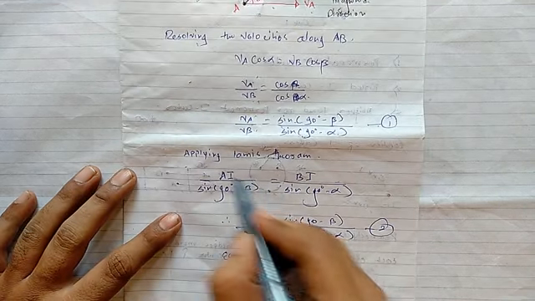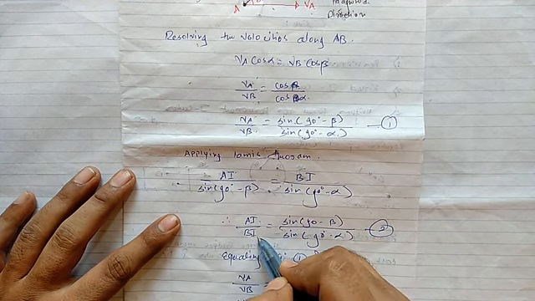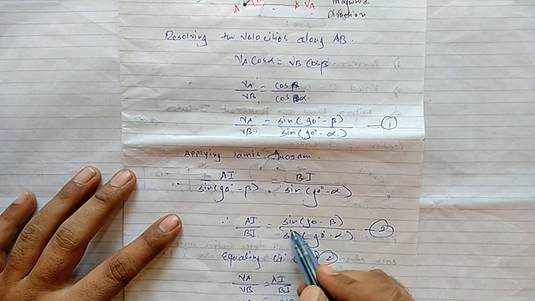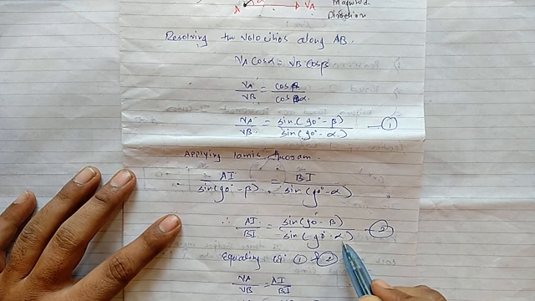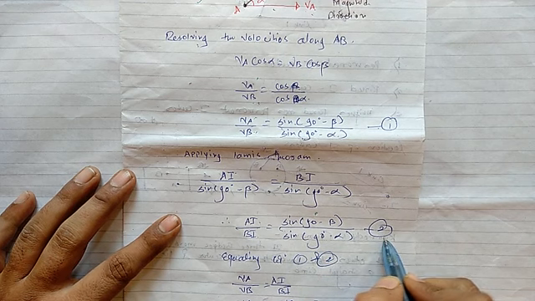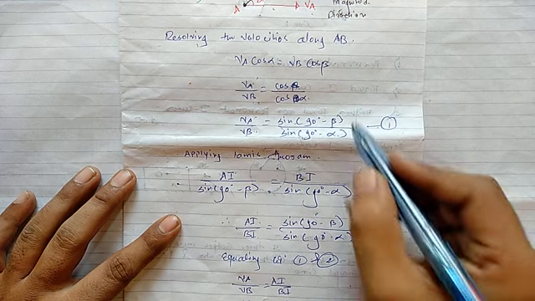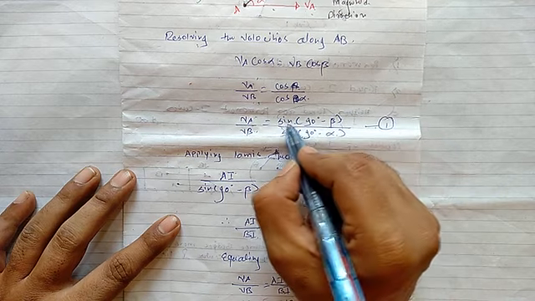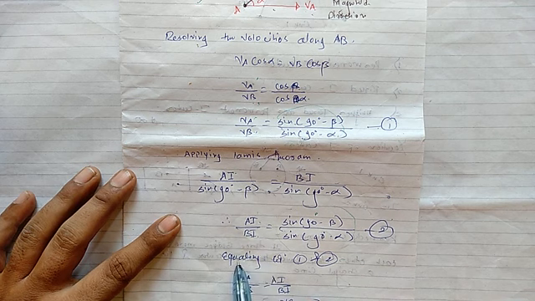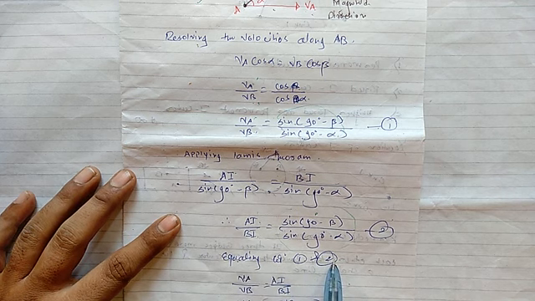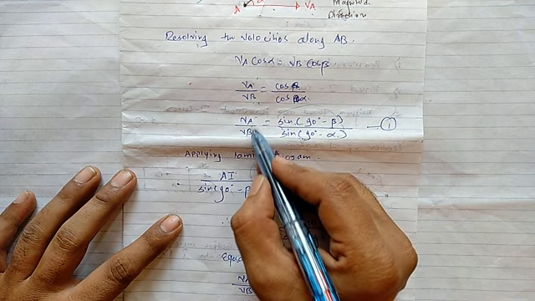Next, keep AI as it is and transfer BI to the opposite side. So AI upon BI is equal to sine(90-degree minus beta) divided by sine(90-degree minus alpha). Okay, say this is equation number 2. So we have equation number 1 and 2. Refer here: in equation number 1, the RHS is equal to this term, and in equation number 2, the RHS is equal to this term, and that is why we equate equation 1 and 2. So what is the LHS? VA upon VB.